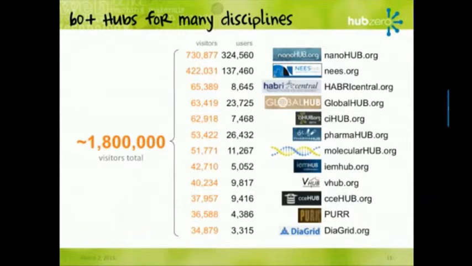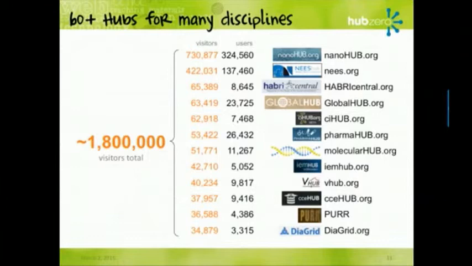Environmental modeling, volcanology. There's one for cancer care, a new one we started recently for the NIH, for the National Cancer Institute. It's pretty small now. It hasn't quite reached some of these. It's just started. So anyway, lots of different hubs, lots of different kinds of communities.